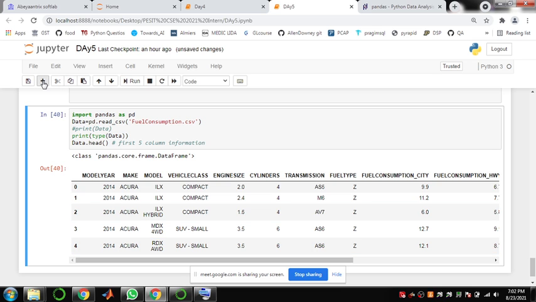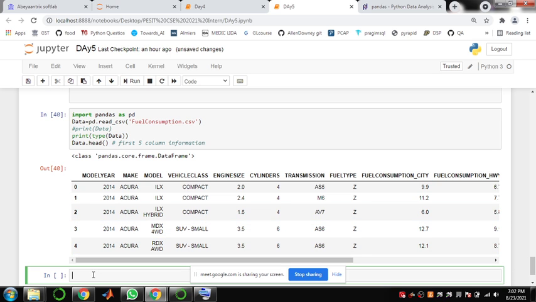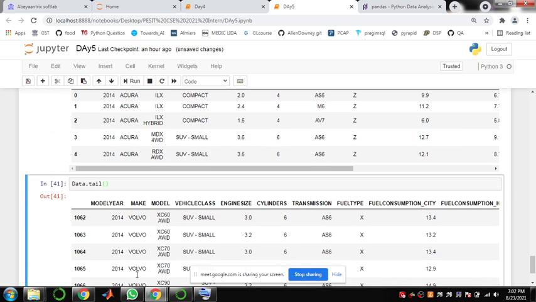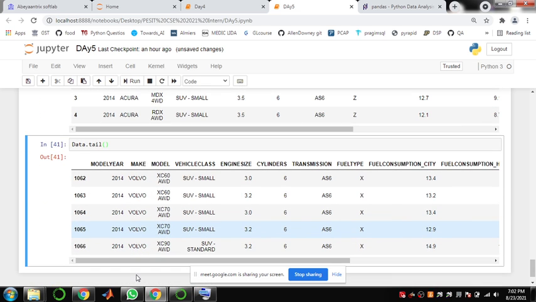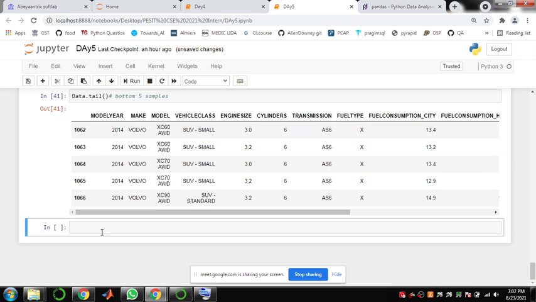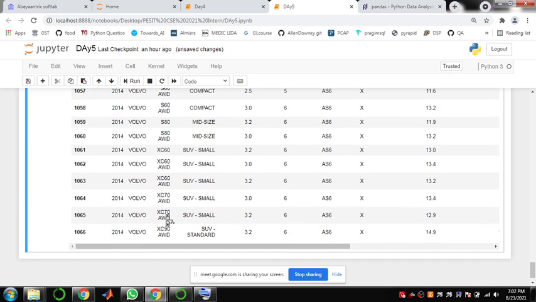So you're looking at a brief info about your data. Then data.tail gives you the last 5 samples, that is the bottom 5 samples. If 10 is indicated, the bottom 10 samples will print.